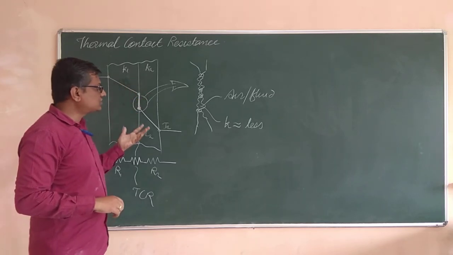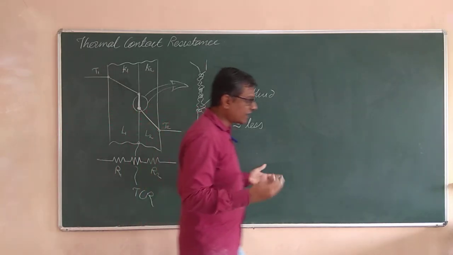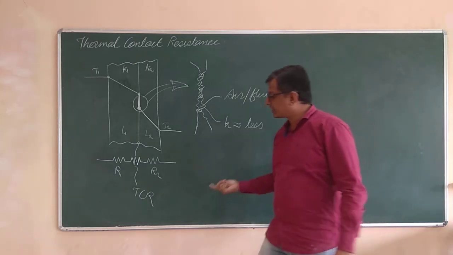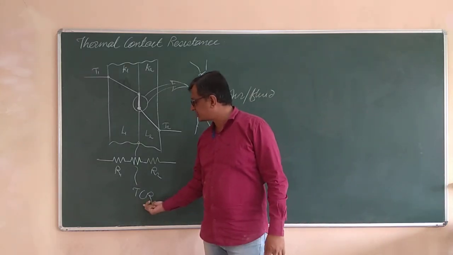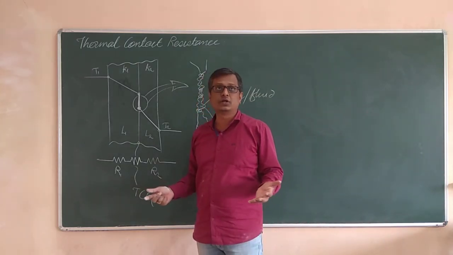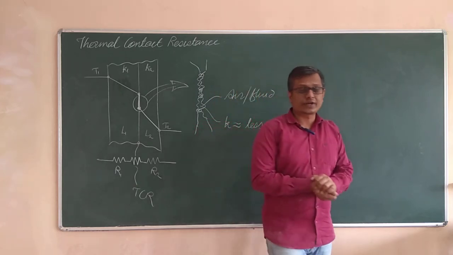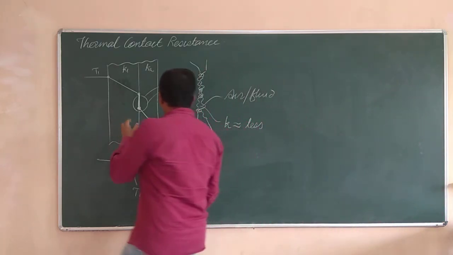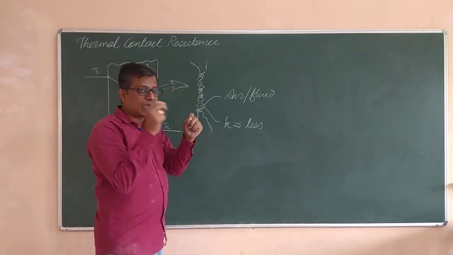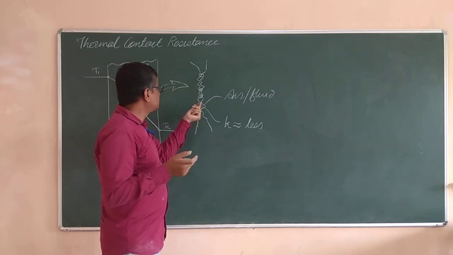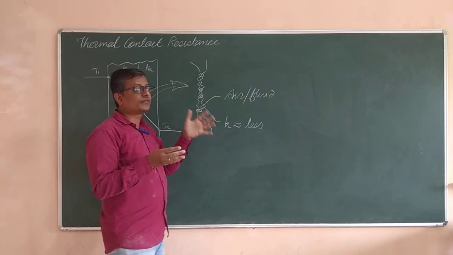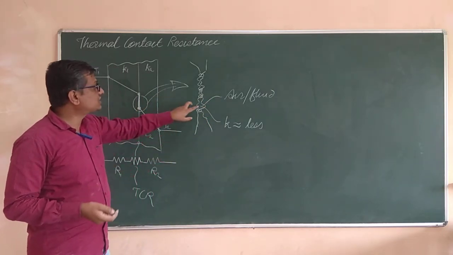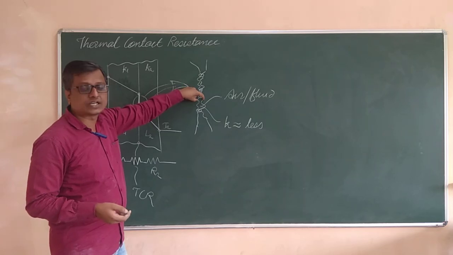Now this is a big question and unavoidable perhaps. How to reduce the thermal contact resistance? And how to calculate it first of all? The calculation of thermal contact resistance is very difficult, since you cannot measure this gap which is at micro or nano level. These irregularities are in the range of a few microns or maybe less than that, and measurement of such irregularities over such a short distance is very difficult.